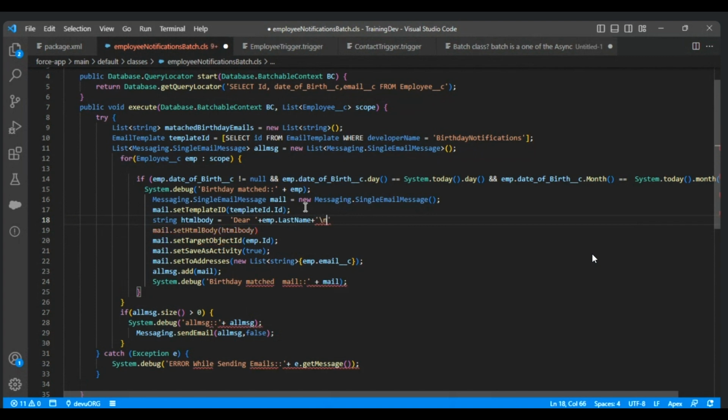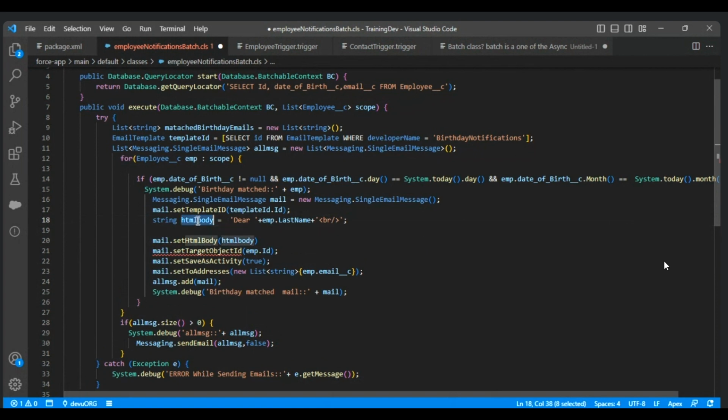That's a break. New line is the break in your HTML tags. Because it's a string, you can't use that, right? Or else you can use this br. Also, you can use your content over here equals to